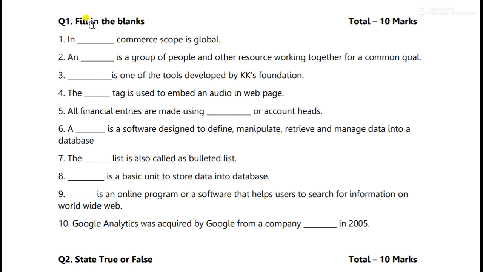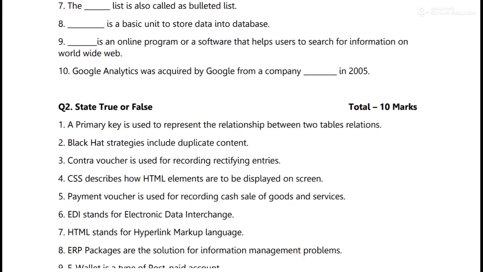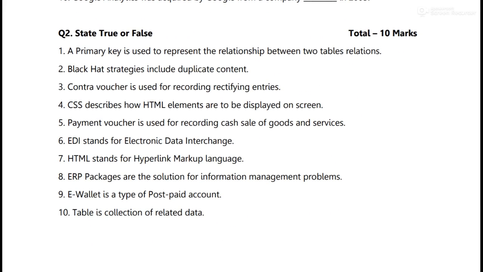After that you have to log in, and then this portal will open, and over here you see the filling the blanks. The first question is of 10 marks, each carrying 1. Here you have to write the answer, no options will be there. Then true or false. Over there you have to select either true or false, only one of the two. So these 10 questions are for 10 marks, each carrying 1 mark.